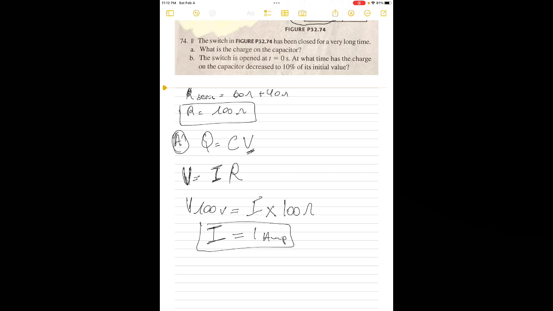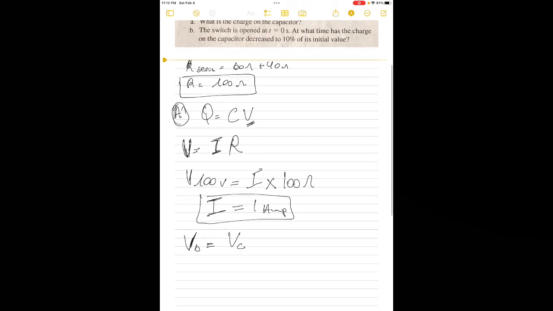And then we're going to use that the voltage of the battery is going to be equal to the voltage of the capacitor. And the voltage of the battery is 100. Let me see, hold on. 100 ohm. Actually, this one. So the voltage of the capacitor is going to be equal to 1 amp multiplied by the resistance,